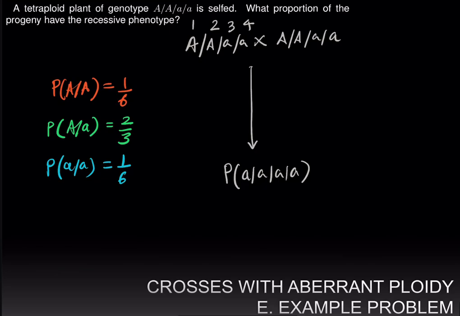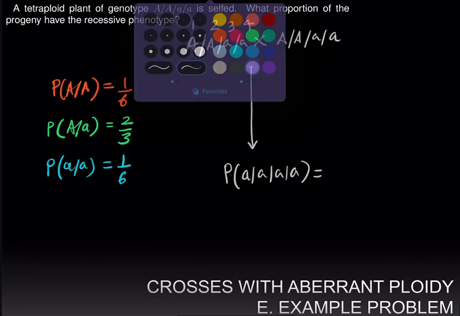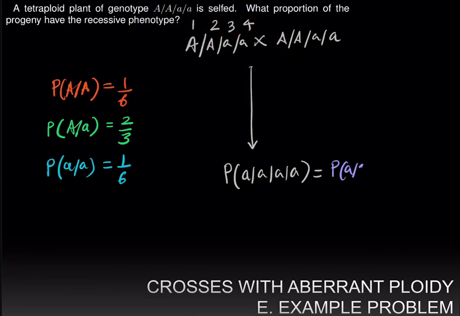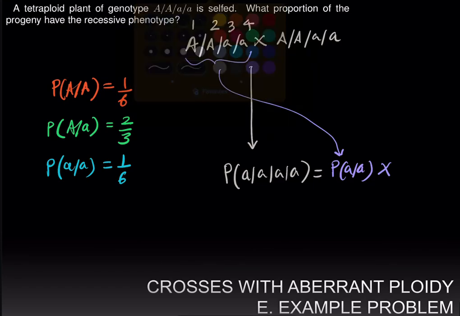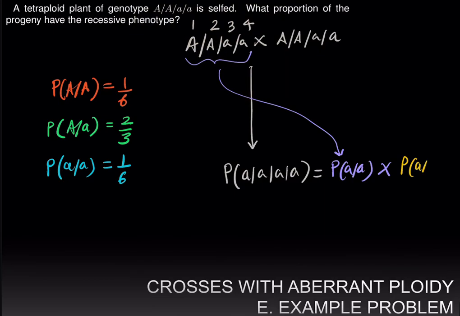Therefore, we need a little a gamete from the first parent, and so we're using the product rule here. We need a little a gamete from the second parent,